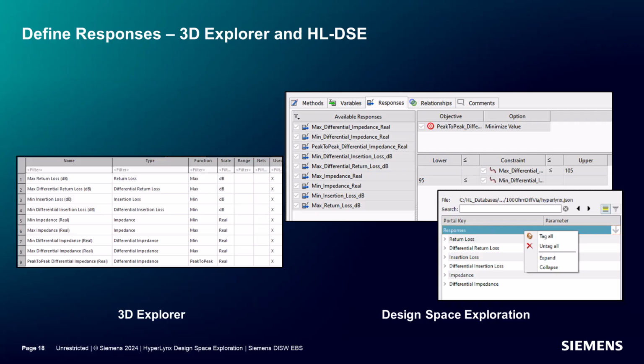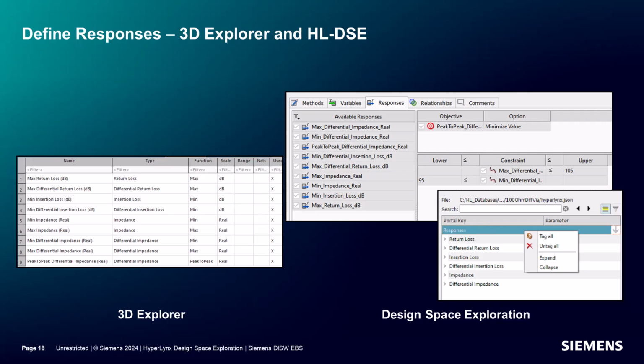So far, we can see how similar 3D Explorer and Hyperlinks DSE are. We're able to set the same sweeping parameters and add the same goals. And most of the information is migrated from 3D Explorer to Hyperlinks DSE automatically. The only difference so far is that we've set an objective in Hyperlinks DSE to follow in order to get us a result that optimizes the design's behavior.